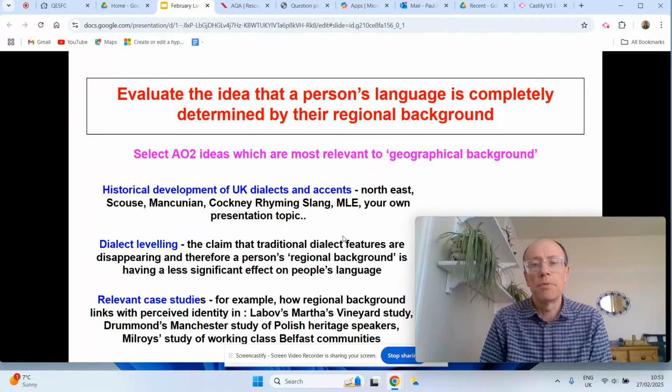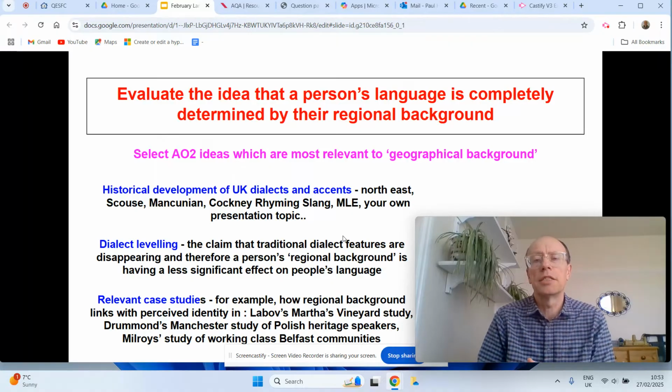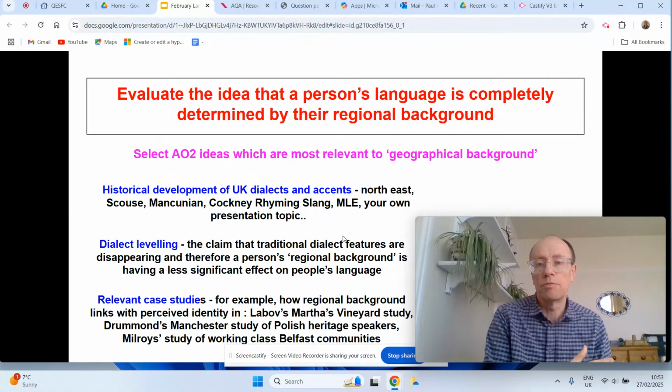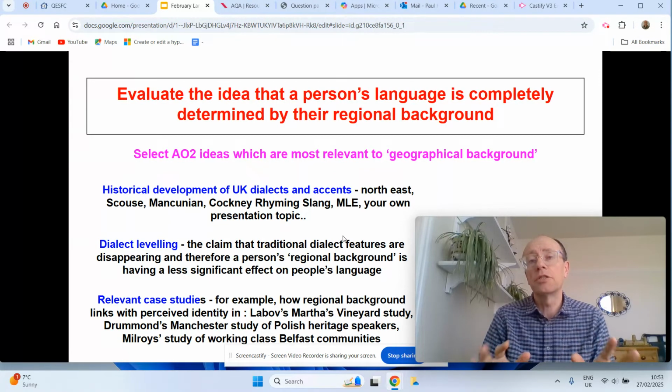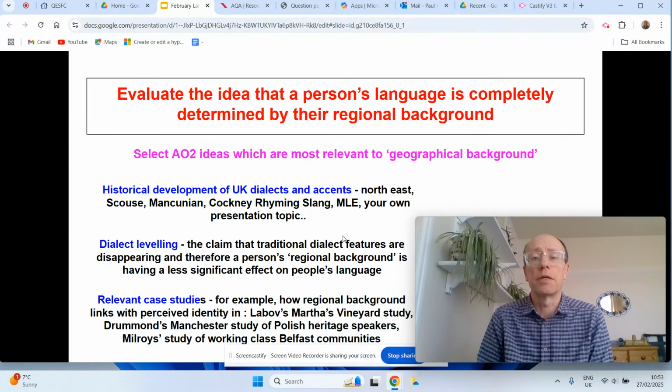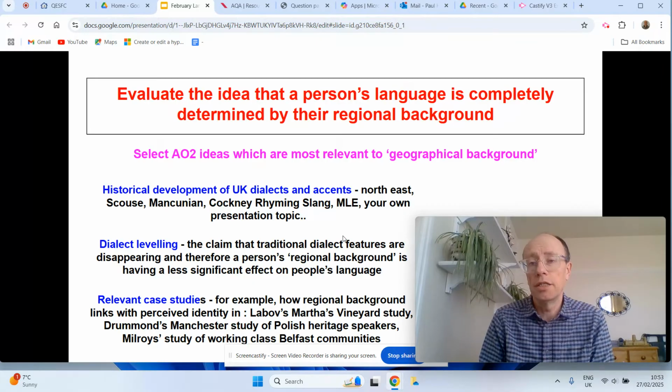A second example, and it's important with your examples that you do a nice variety, so they're not just ancient ones from 50 years ago, but Rob Drummond's here. I know it's not bang up to date, but I think it's 2010, and this is his Manchester study of Polish heritage speakers, 40 of them, and he noticed there were interesting phonological features going on there with the ing